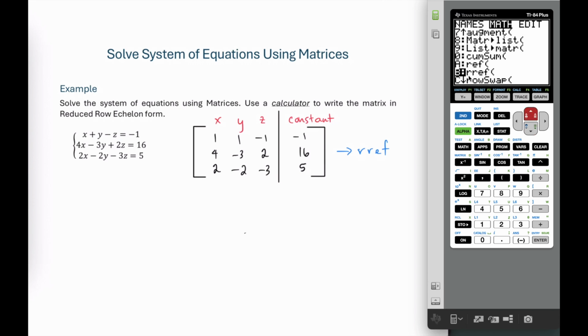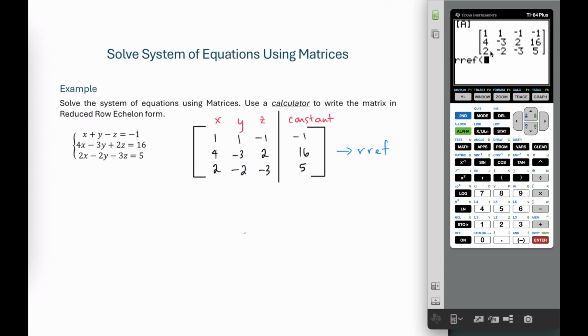We want the reduced row echelon form. A single ref is just row echelon form. And what we're demonstrating here in this video is the reduced row echelon form function. So we select that. And now we have to tell our calculator which matrix we want to put in reduced row echelon form. We could either do second matrix names A and pull the A in here, or since we